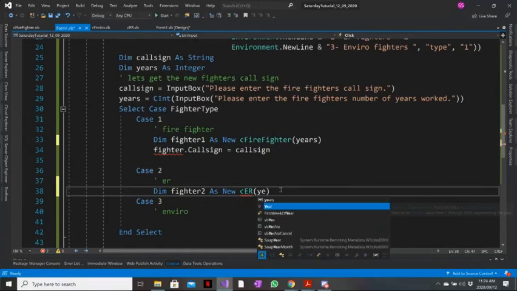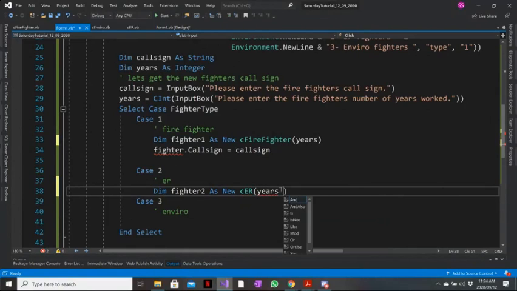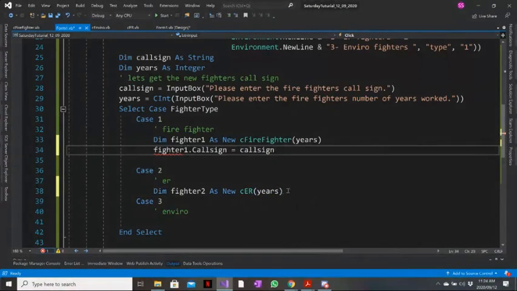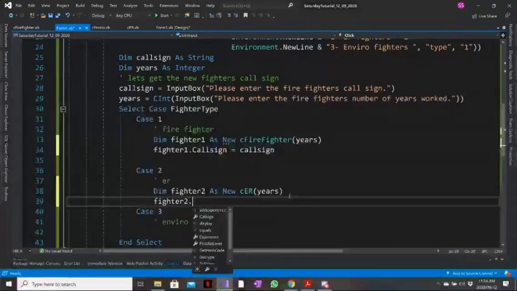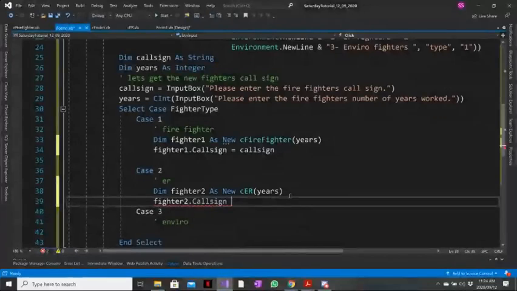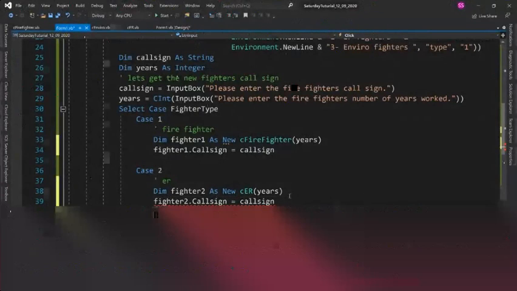In here we set the years. Anyway, oh yeah, fighter 1, my bad. And then we're going to set fighter 2 dot cosine, right? And now